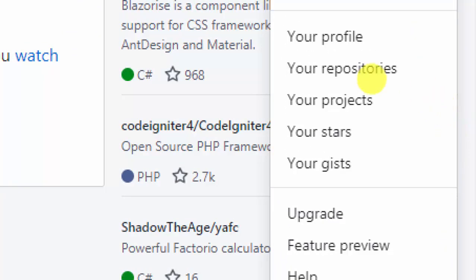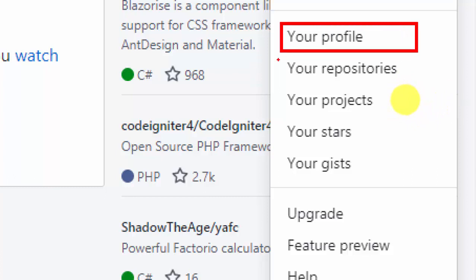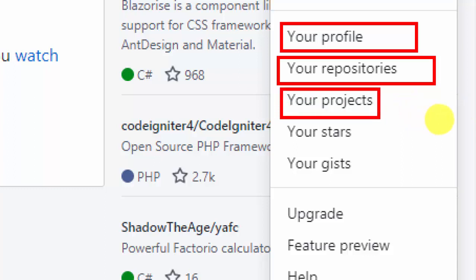So this is your profile. If you want to create a repository, you must create one so that you can input your content. If you create your own project, you can use this one.